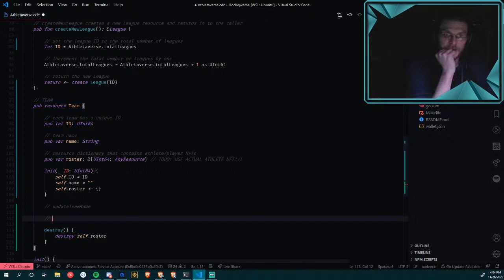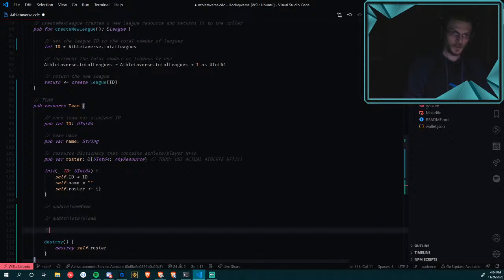Resource dictionary that contains athlete, player, NFTs. So we're going to need to add athlete to team. Remove athlete from team. And we should be able to get athlete IDs.